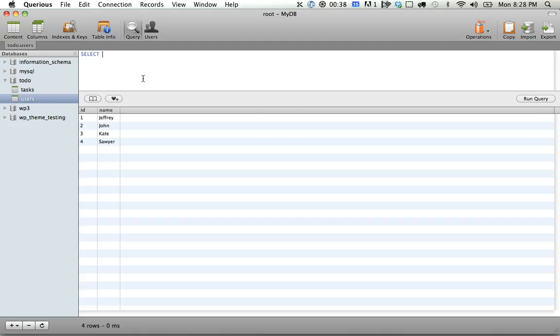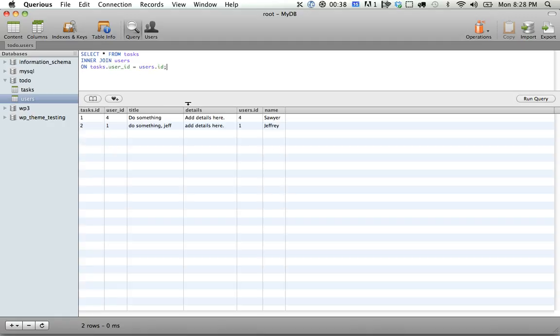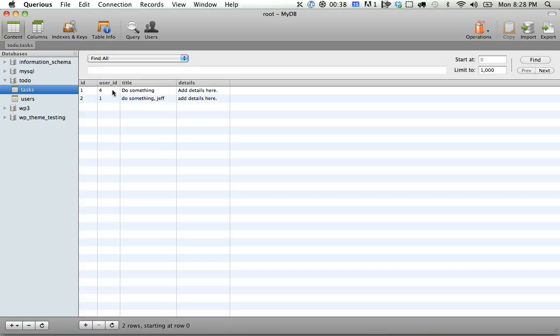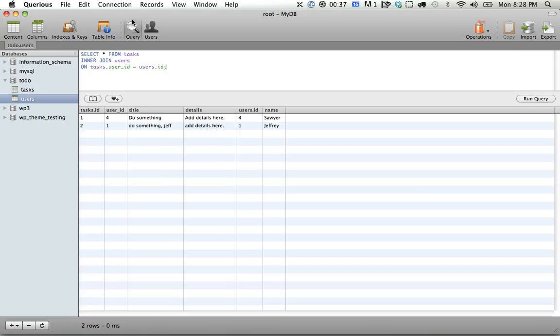So watch this, we're going to do select star from tasks, inner join users, on the condition that tasks.userID is going to be equal to users.id. So now we get this specific information. So I'm saying join the two together, and what I want you to use to link them is make sure that the user ID here needs to be equal to one of these IDs here, as you can see. So now we have our task, our user ID, a title, details,